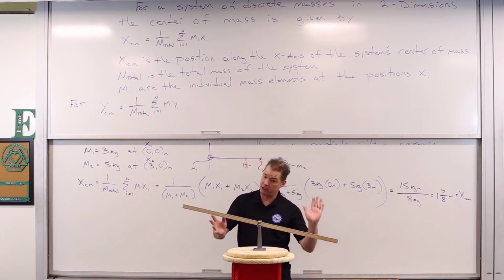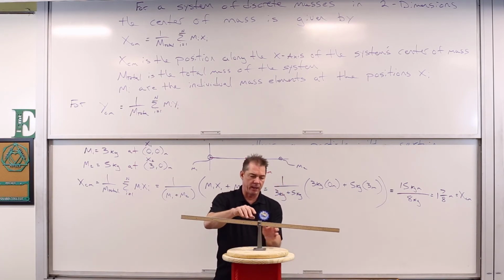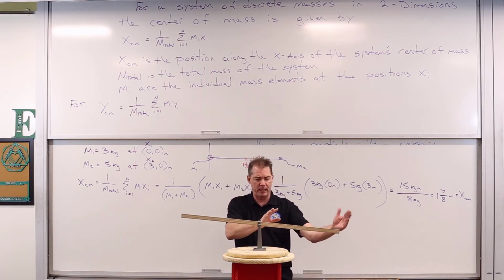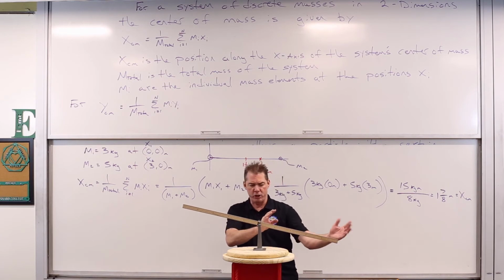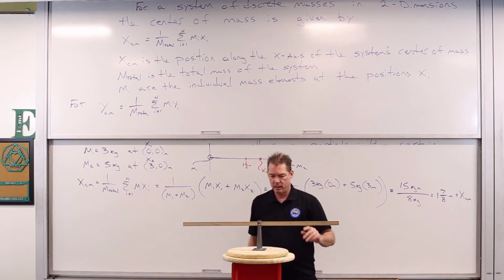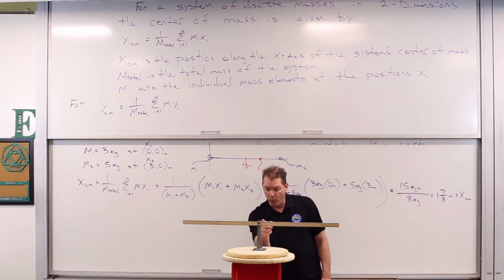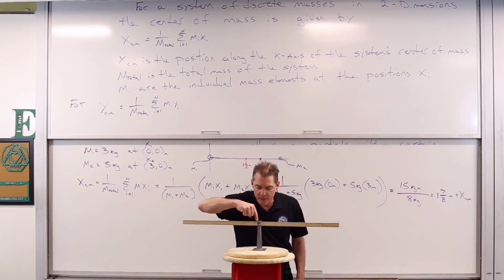Notice it doesn't stay balanced right now, right? It tilts that way. So that means that this side is a little bit too heavy, so just slide it over a little bit that way. See if we can get that to balance out. That looks pretty good. Yeah, that looks really good actually. So this point right here,